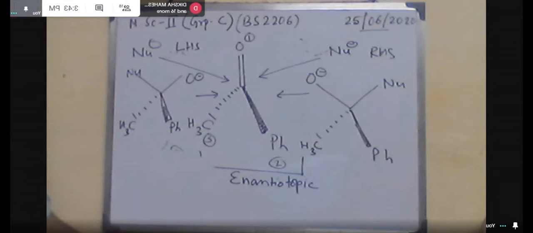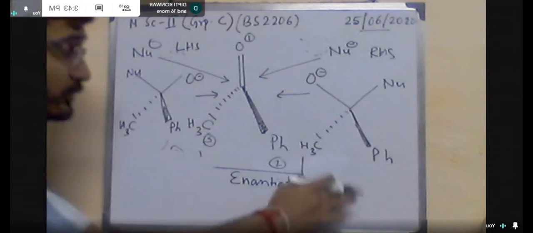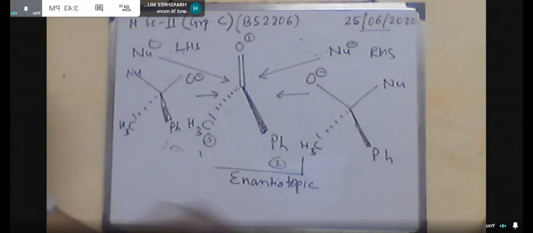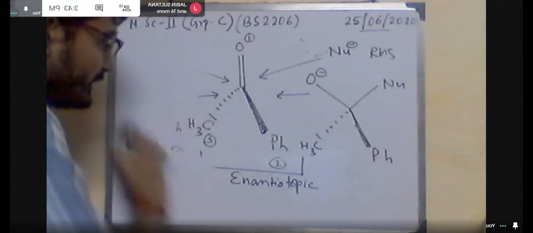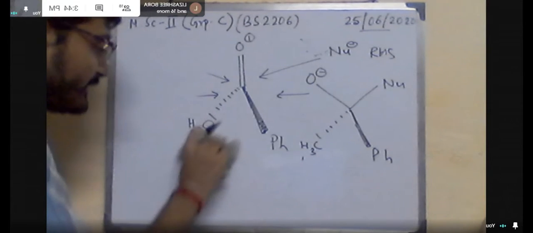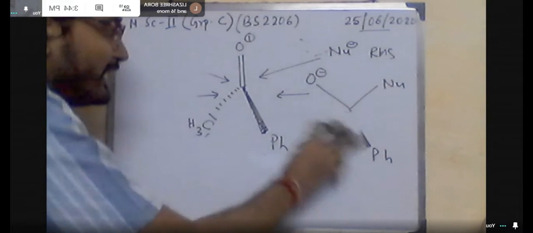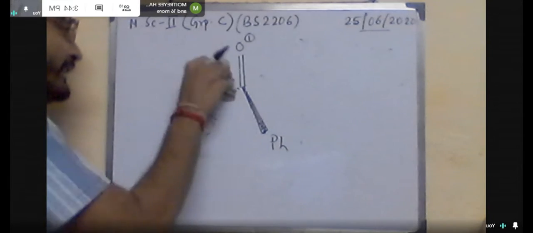In enantiomers, that means in enantiotopic faces, both are enantiotopic faces. In this molecular structure, if we add some chirality, additional chirality, you can see there is no chirality. That means no center of chirality is present in the molecule because this is CH3, Ph, O. Only the substituents are different and we are designating the plane but not any center. So if we think of the molecule like this way,